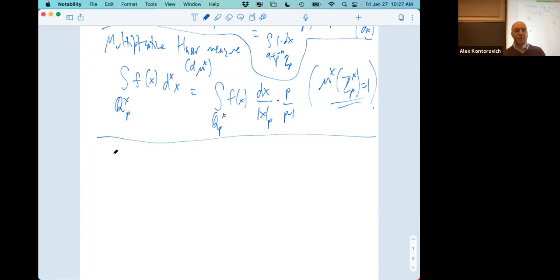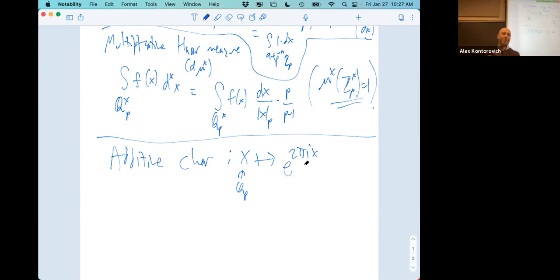All right, then we were talking about Fourier analysis. So we needed an additive character. We were looking for some analog of e to the 2 pi i x. So the additive character is the map that takes x in Q_p to e to the 2 pi i x, with the understanding that the infinite part is an integer. Pretend it's an integer, it's sort of a limit of integers, and e to the 2 pi i of an integer is 1.